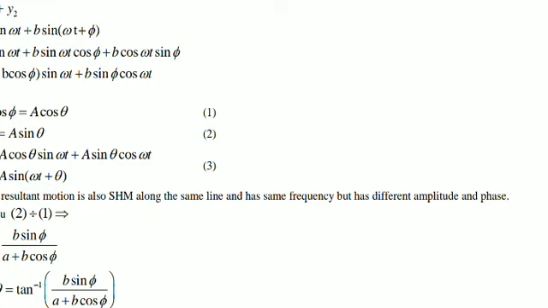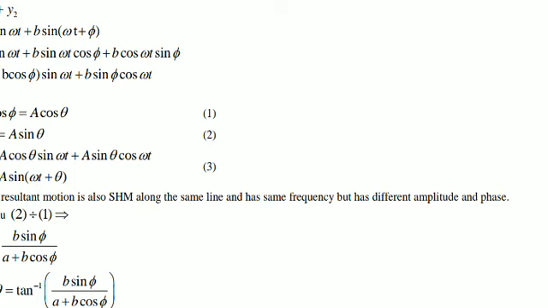The resultant displacement is also simple harmonic motion with an amplitude capital A and phase difference of theta. You see, the earlier phase difference was phi. Now the new phase difference is theta. The earlier amplitudes were small a and small b, but the new amplitude is given by capital A. Now you see, the resultant wave will also travel with the same angular frequency omega. So the frequency will not change, but the amplitude will change and the phase difference will now change.